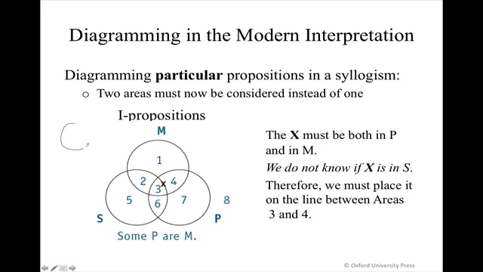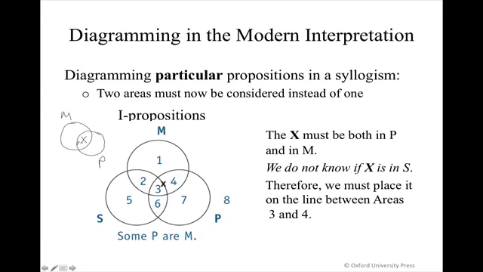I am going to draw M and P. So one of the things that you might do when you're first learning to diagram the elements of a categorical proposition is get rid of the clutter. And by that I mean, since you know that you're not dealing with the S class at this point, you know that you are going to be concerned with just putting the X in the area of overlap between M